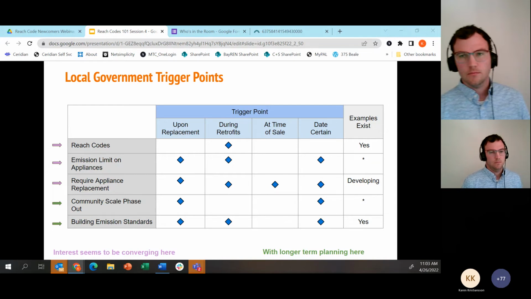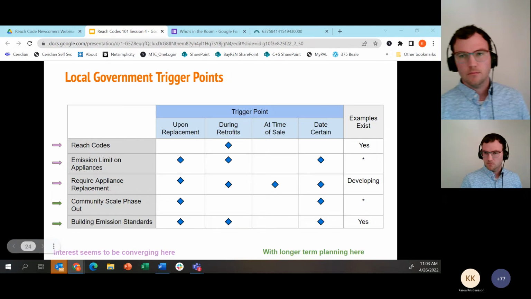And then we have building emission standards as well, which, similar to a building performance standard, which tracks energy efficiency over the course of time, sets an emissions limit over the course of time as well. Instead of being just energy related, it is typically how much greenhouse gas emissions we're looking at. So that is one opportunity that we can talk through.